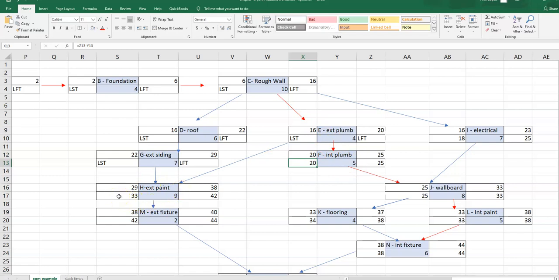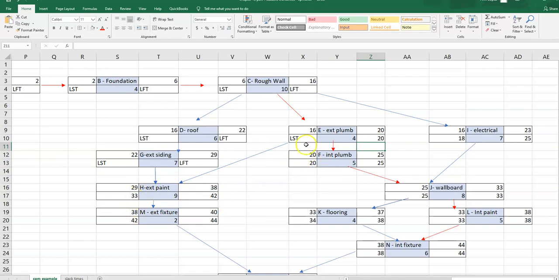The latest that exterior paint can start is week 33. But the latest that interior plumbing can start is week 20. So that has to be the latest that activity E can start, because it is the smaller of these latest